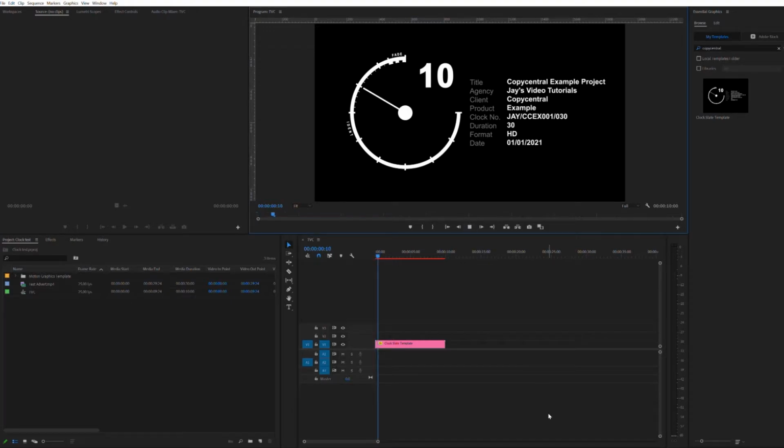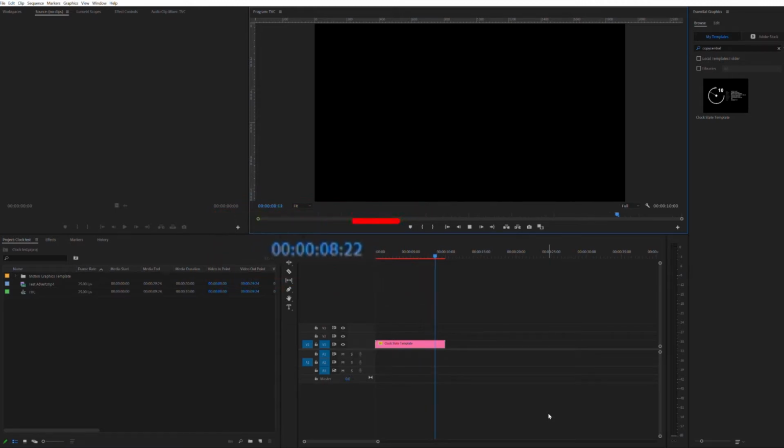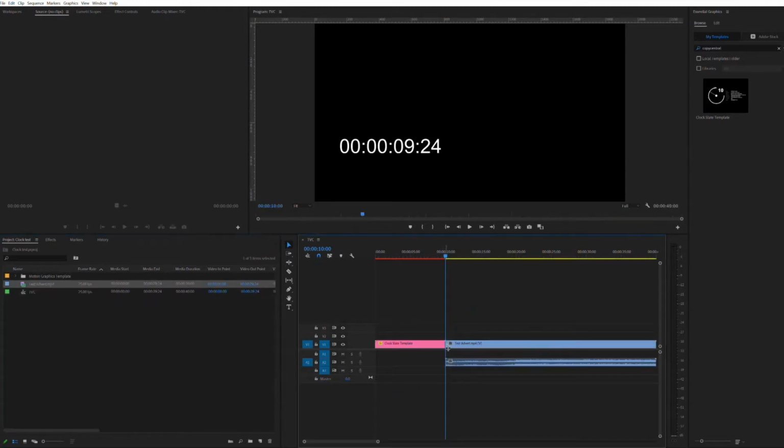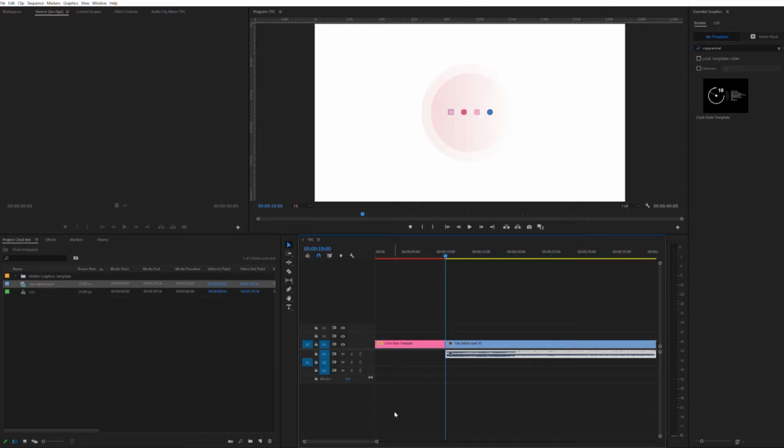If you're using the essential graphic in the description, you may notice it turns black at the 7-second mark. Don't panic, this is correct. The last 3 seconds of a clock slate should be black. After the clock slate finishes, we can then add our creative. The commercial must start on the 10-second mark.